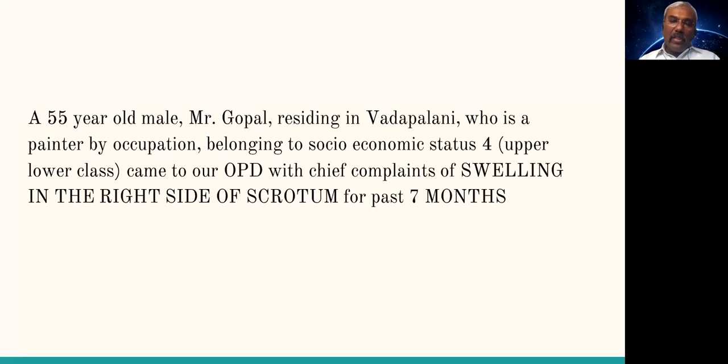What happens in adults? You said there is a fluid collection in the tunica vaginalis, in the layers of the tunica vaginalis. Can you tell what are the layers of testes? Sir, the outermost layer is the tunica vaginalis. The second one is the tunica albuginea. The innermost one is the tunica vasculosa, sir. And the layers of scrotum? Sir, the skin, the dartos muscle, the external spermatic fascia, the cremasteric fascia, the internal spermatic fascia, and then the tunica vaginalis, albuginea, and tunica vasculosa, sir.